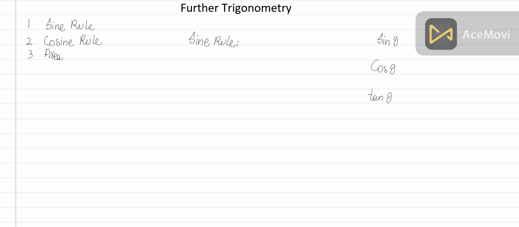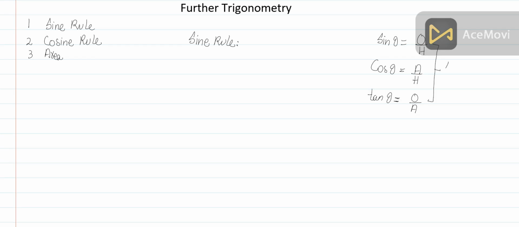Sine theta is equal to opposite over hypotenuse. Cos theta is equal to adjacent over hypotenuse, and tangent theta is opposite over adjacent. These are the three ratios we used in our previous lectures